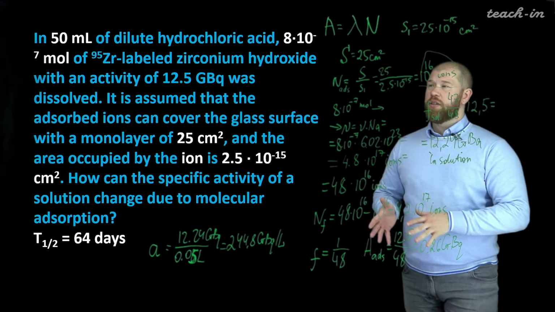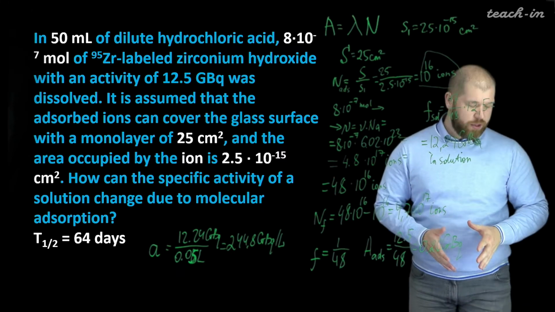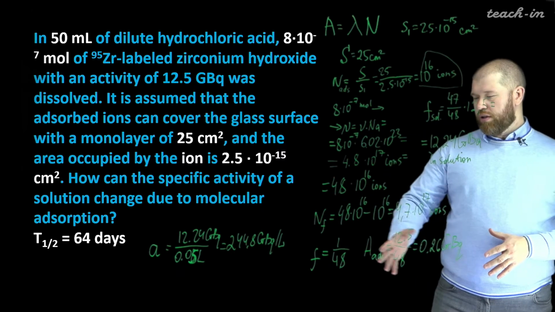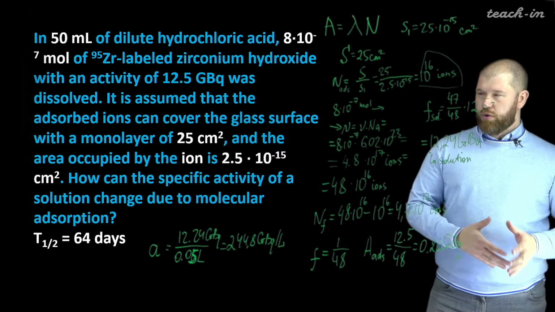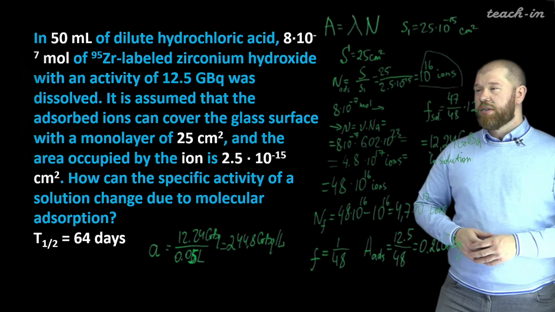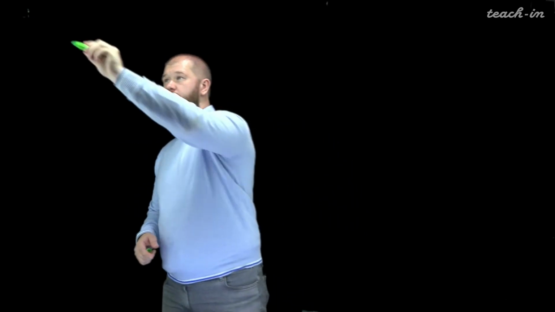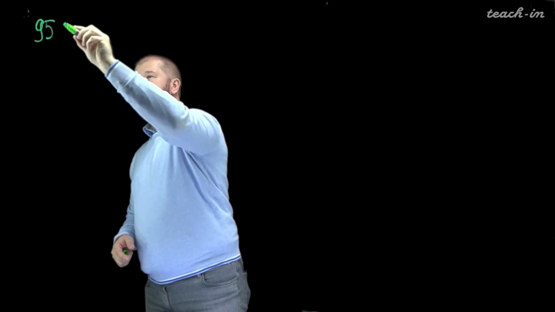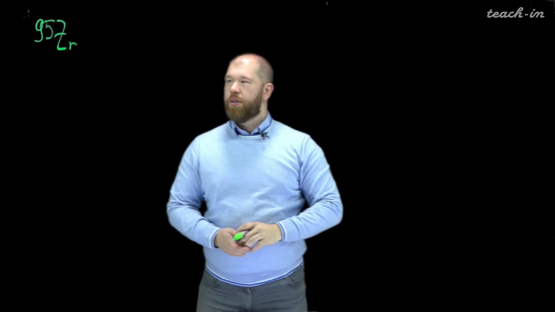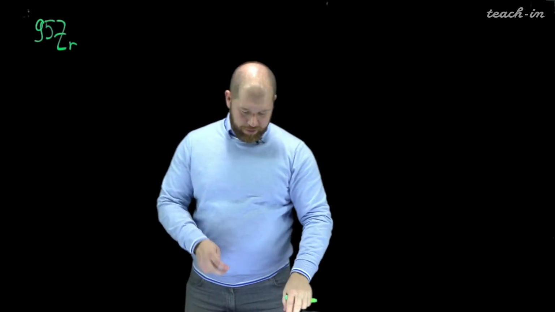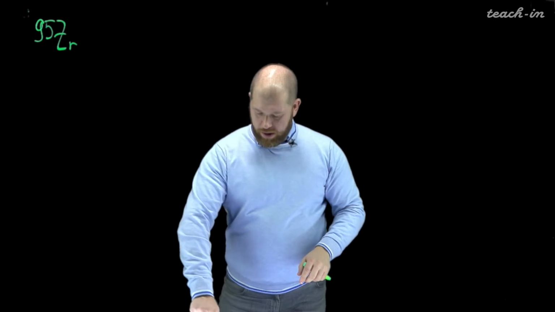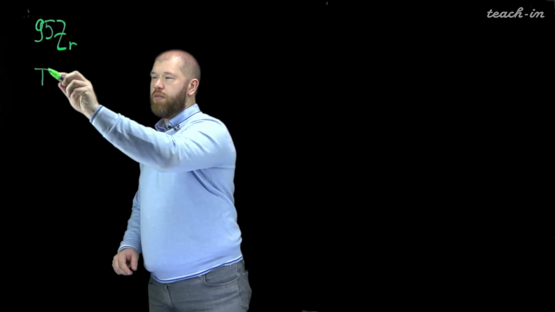So from this result, when there is a lot of stable zirconium in the system, we see that only a small fraction of the zirconium is adsorbed on the glass. But we will see how it will change if there is no stable zirconium in solution. So now we have only radioactive zirconium 95 in our system, and the half-life, I will just go back, is 64 days,